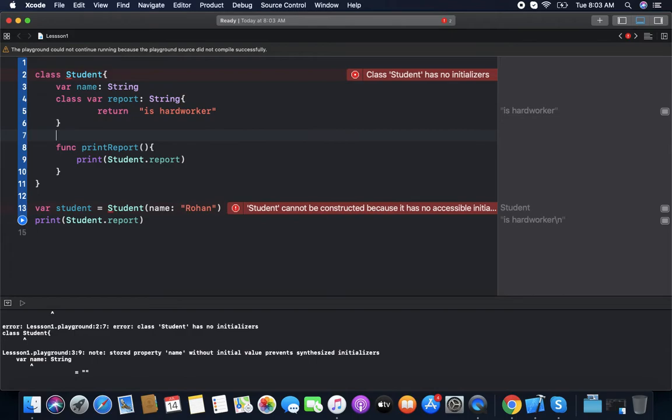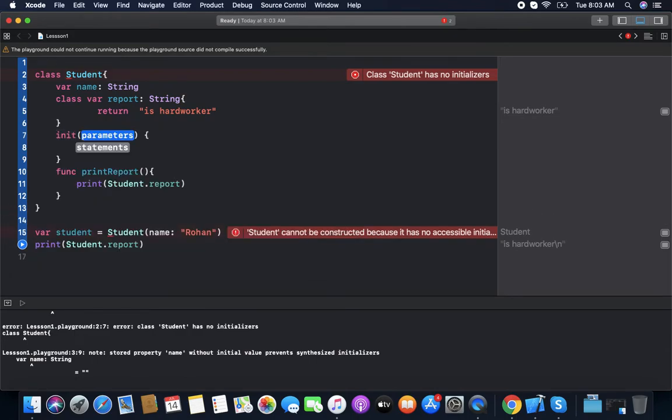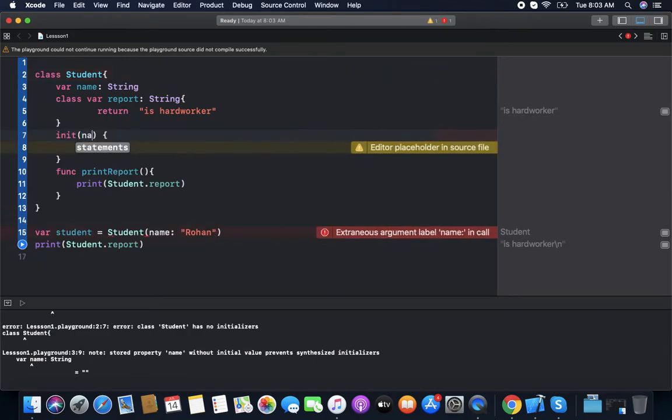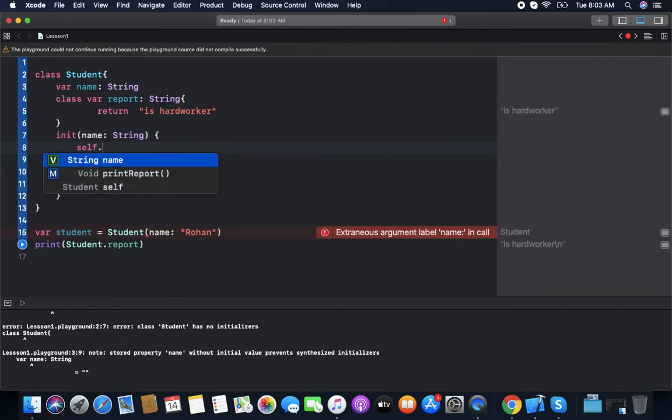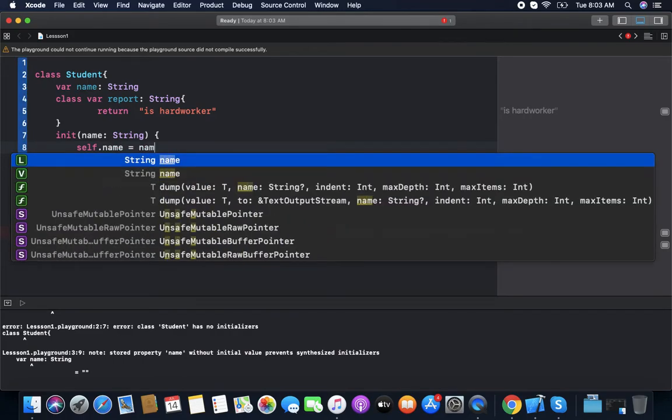So we need to add an initializer, init name string, shell name equal to name.